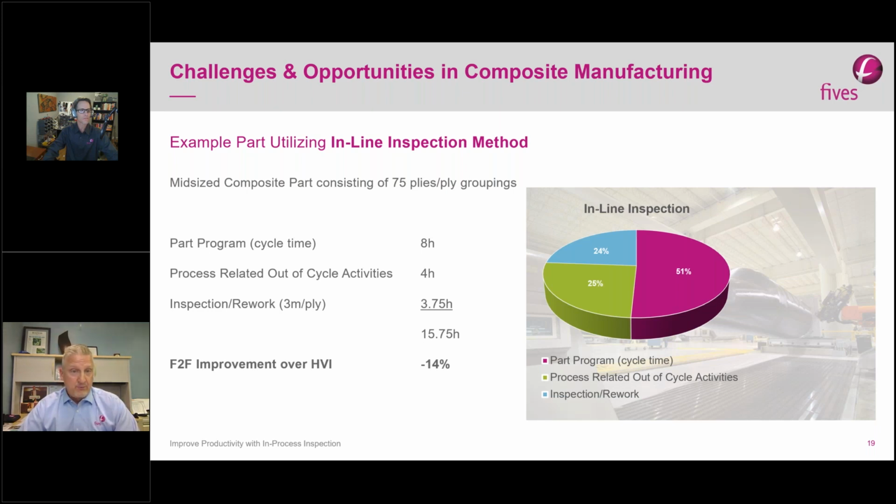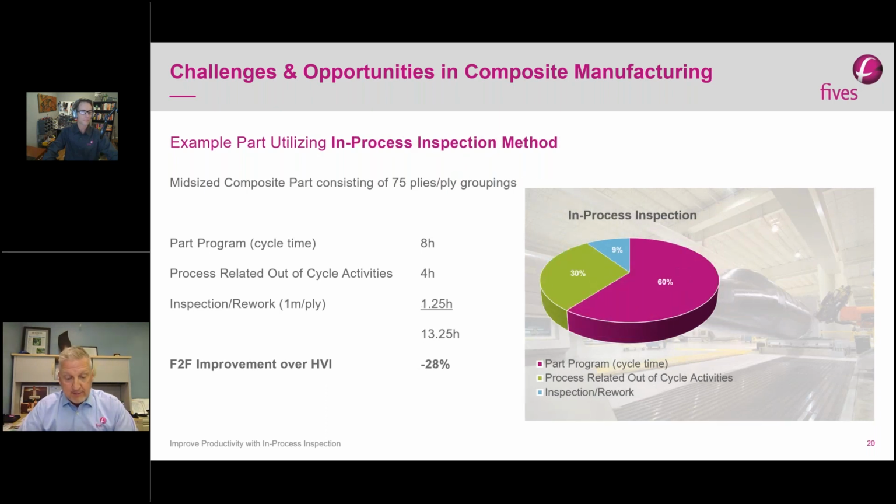You still allow the machine to lay the bad, non-compliant course and ply. So that still has to be reworked. So in this case, I've reduced the overall time per ply by 40%, which gives you an overall net floor-to-floor improvement over HVI of 14%. Again, a step forward. What we want to talk about today is the next step, and that is the